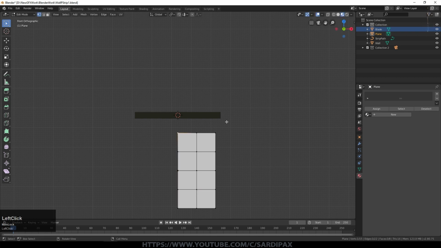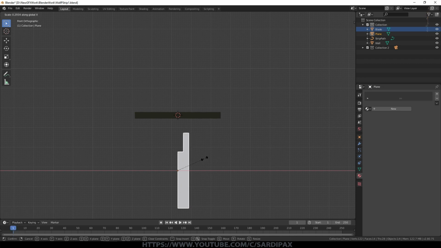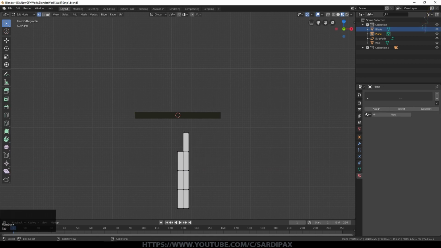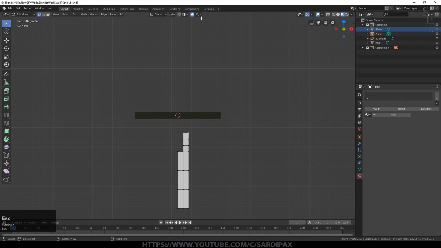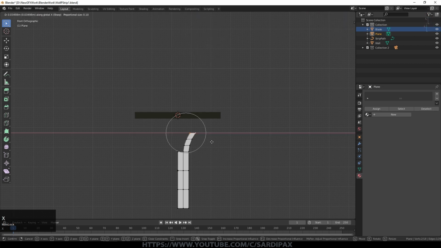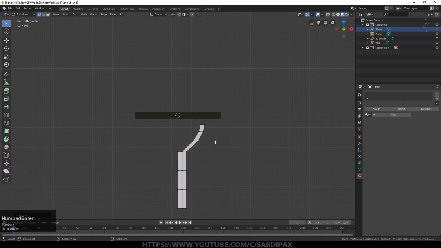I'm going to delete that corner and I'm going to scale it in on the X. This is just a rough shape, it doesn't matter too much. I'm going to select those two, pressing O and then G X. And I'm just bringing this edge out. I'm going to use sharp falloff, so I'm only moving on the X. I think I'll use sphere, something like that. Just straightening those edges up.